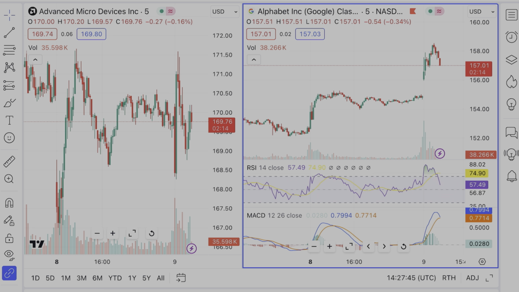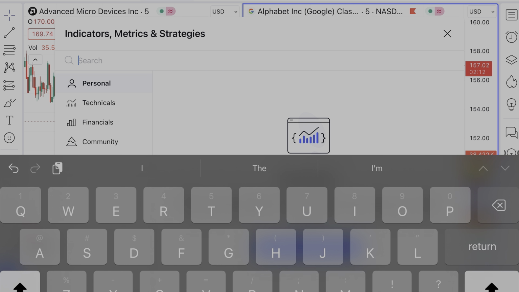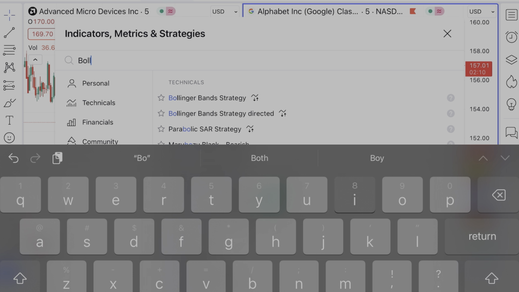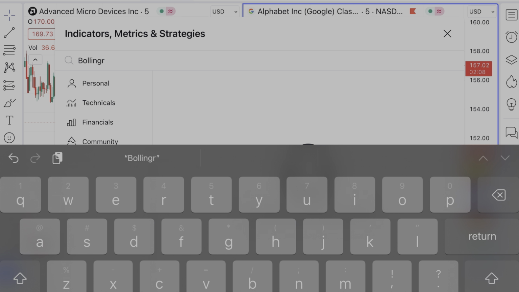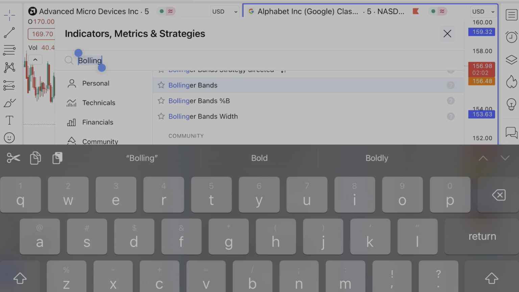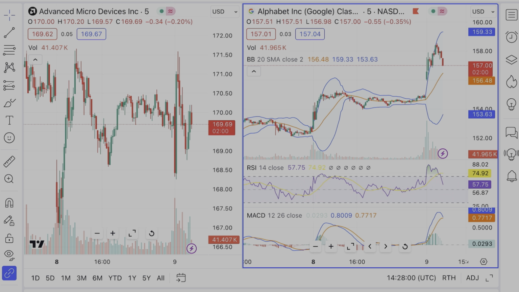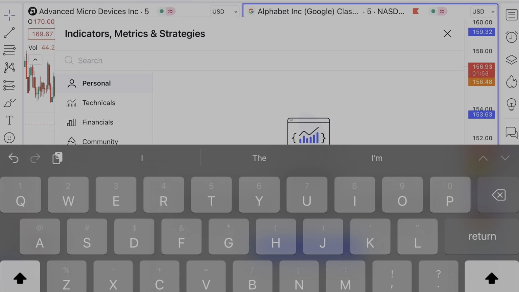Nope, not this one. So I add the Bollinger Band. And I'm gonna explain all of these and explain why I put them on my chart, right? So I got the Bollinger Band, RSI, MACD,